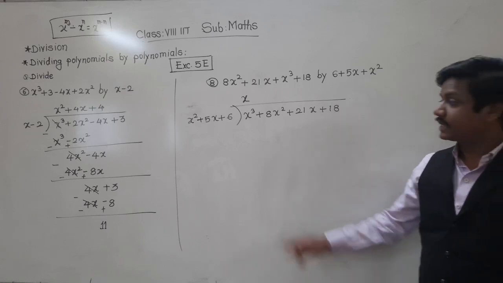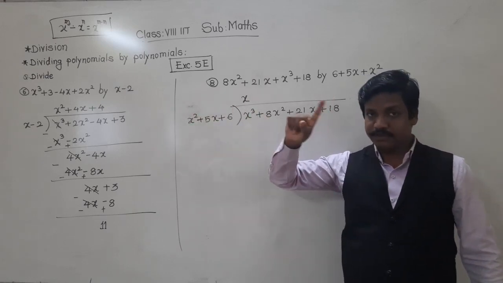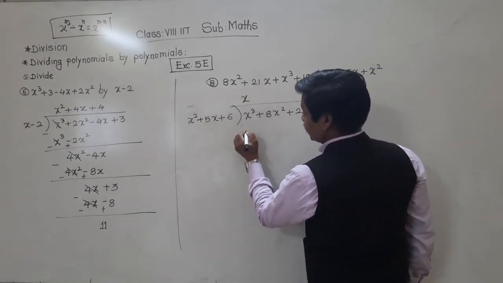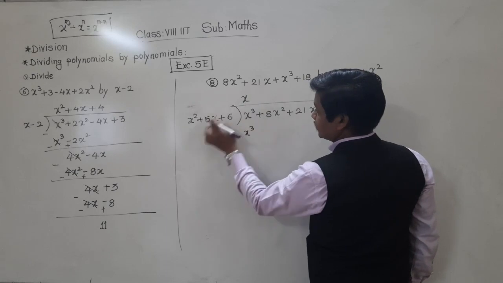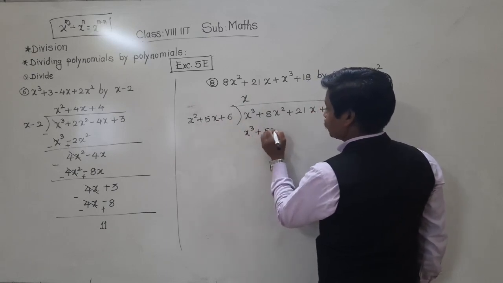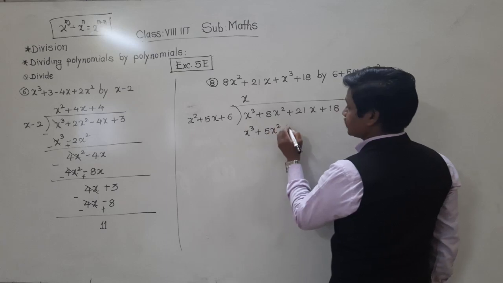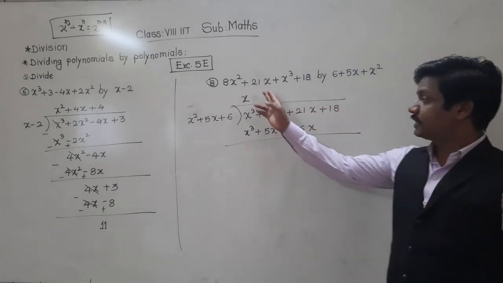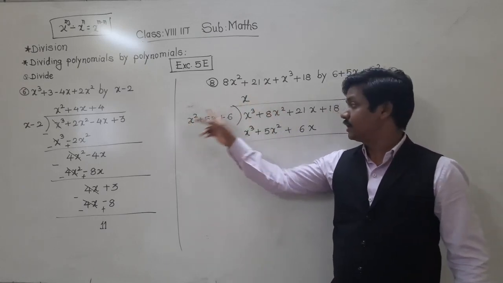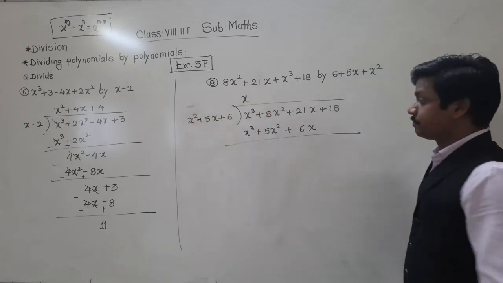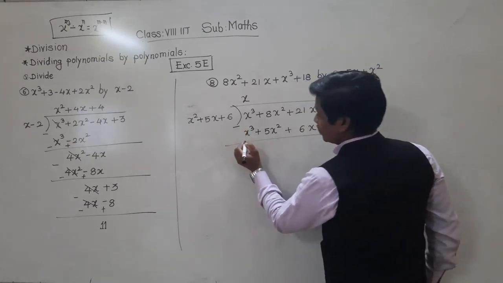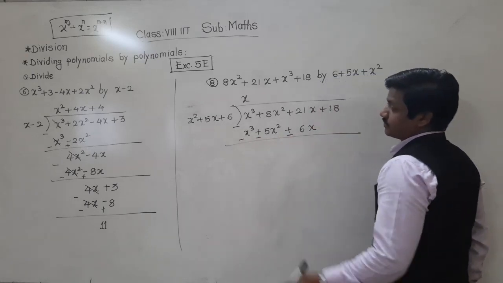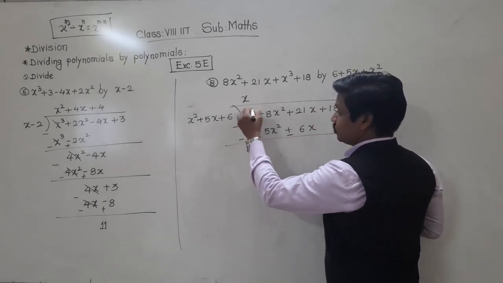X. Okay. X cube, from 3 minus 2, 1 remains. That is x raised to 1, which means x. So multiply this x into x square, x cube, x into 5x, 5x square, x into 6, 6x. Okay. While multiplying, don't multiply only the first term. Multiply the whole divisor. Understood? Now subtract. Due to the subtraction sign, this will become minus, this will become minus, this will also be minus. So x cube minus x cube